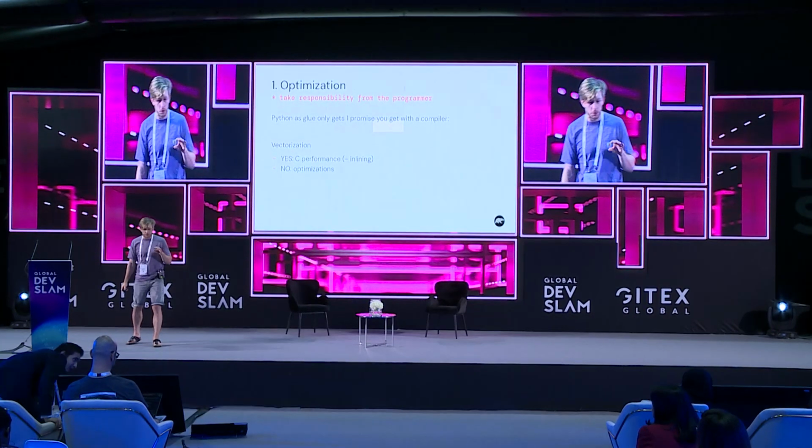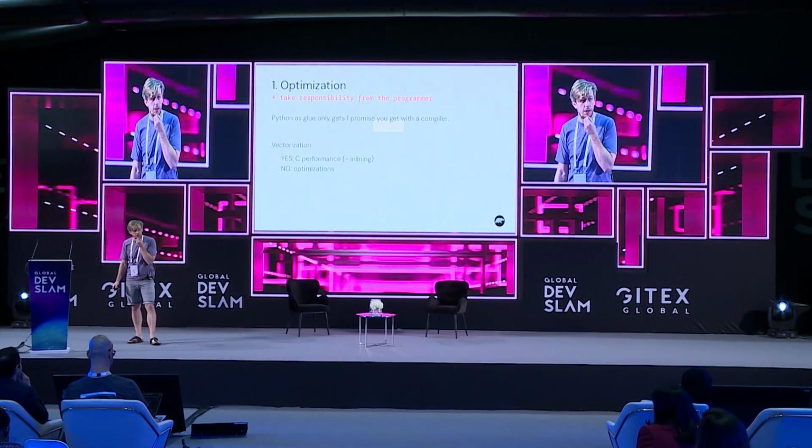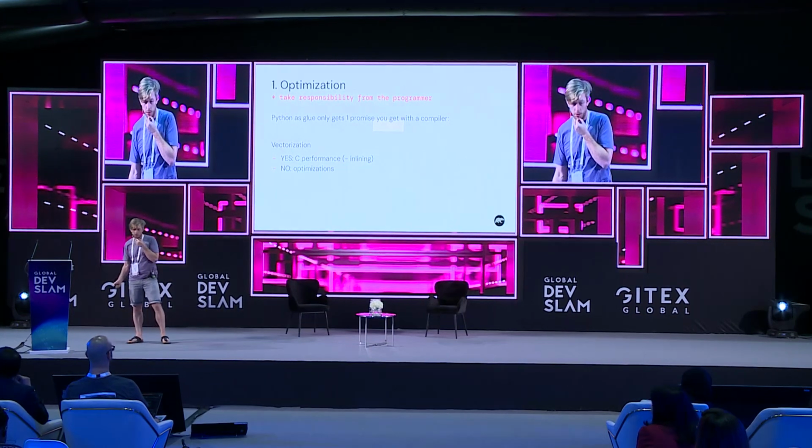I want to go to a few of those. The first one is optimization. I think this is a little bit different from what we are used to in NumPy. In NumPy, we are used to getting C performance, but NumPy is still eager. If I write my NumPy script, every operation is executed immediately, and NumPy will not take a look at the whole expression as a whole and say, hey, this buffer can be reused, or hey, you're multiplying this column times 1, this multiplication isn't needed. It just does this multiplication, even though it's redundant. So we are a bit more lazy.